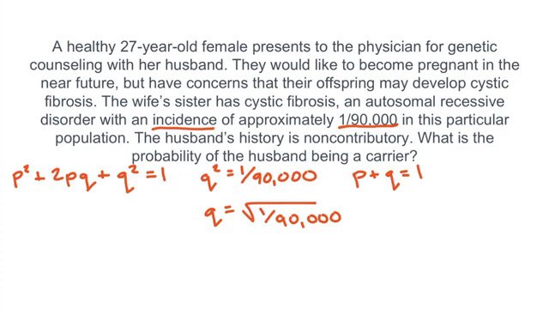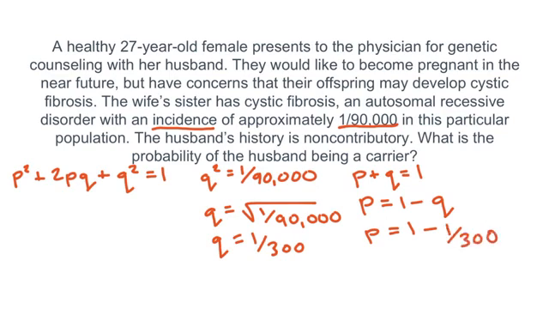In this case, we need to determine the square root of 1 over 90,000. 300 times 300 equals 90,000, so the square root is 1 over 300. So Q equals 1 over 300. With this information, we can solve for P by plugging Q into the equation P plus Q equals 1. By rearranging the equation, we get P equals 1 minus Q. If we plug in the numbers, we get P equals 1 minus 1 over 300. Solving for this, we get P equals